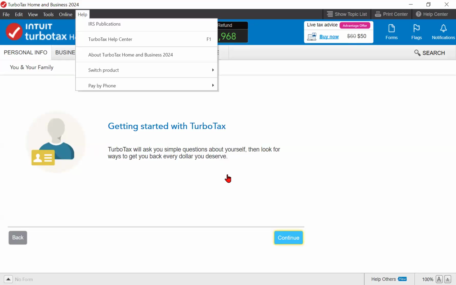And the other big one is, let's say that you're in a lesser product like Deluxe or Premier and you want to upgrade to home and business, you can click switch product. Now, of course, because I'm already in home and business, there's nowhere to upgrade. But if I was in a lower version, it would give me the option to upgrade. Also, pay by phone is a big one. So let's say you have multiple states and you need to add an additional state. What you can do is click pay by phone, additional state,